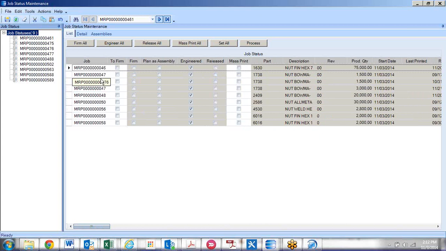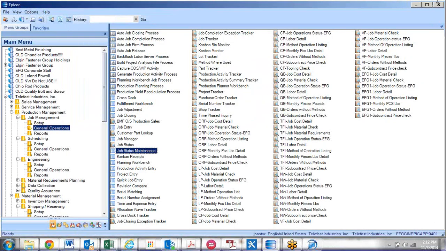And when I hit process, what will happen is these job numbers, the MRP will disappear, use the next job number sequence. The job will be marked as firm. Check it if you want to release it or not release it at this point, and you can set it up so that it's set for mass print, which means when you go into either the job,